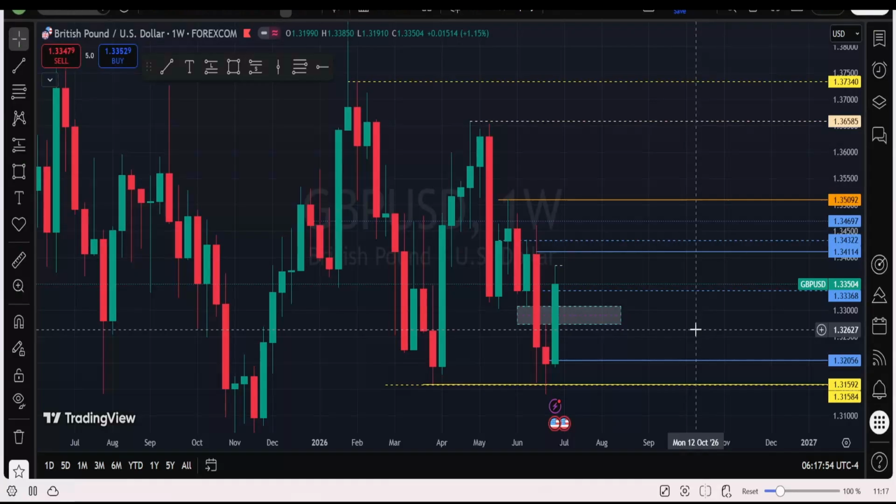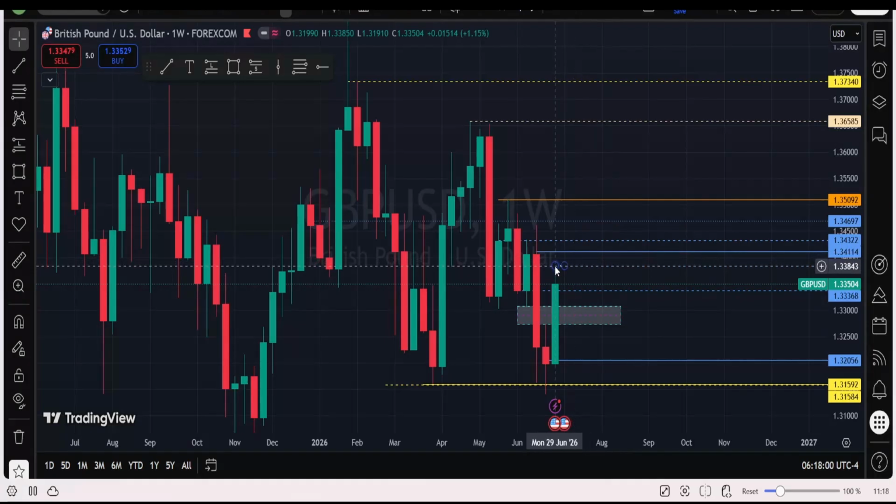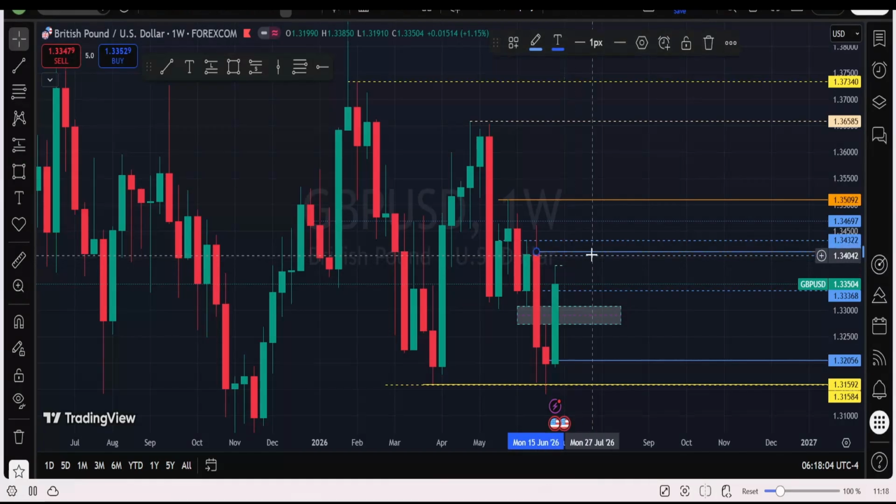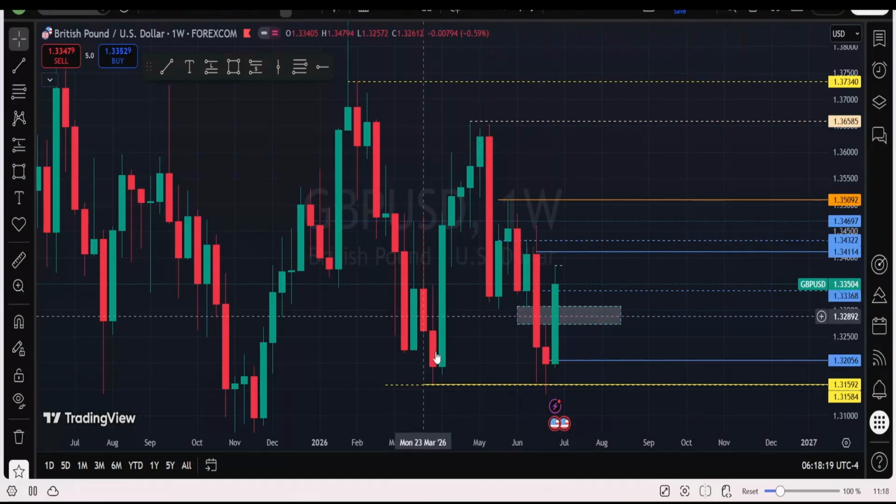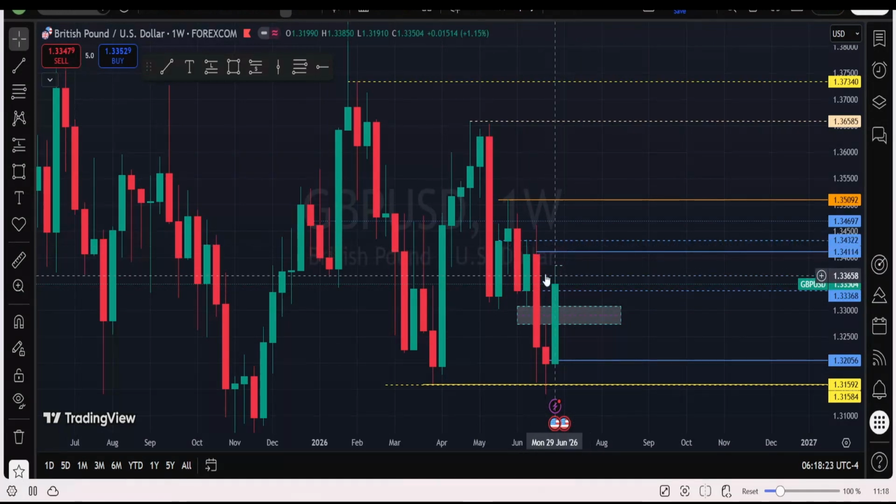Price still has room to go up if it wishes. So the next place price might run to, when we get down to our lower time frame, will be this level and maybe this other block, which is another block on the daily time frame. Or if we continue to go up, we look for a level on the weekly, which is also an order block on the weekly. So what's our narrative on British pound USD? Until we get to those levels, we are not looking to sell.